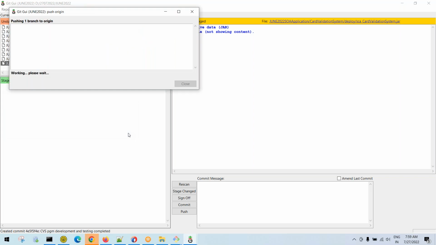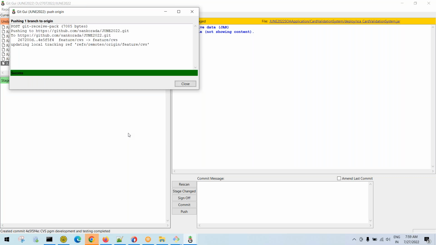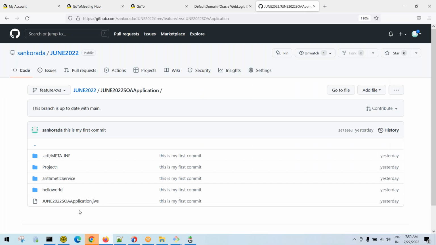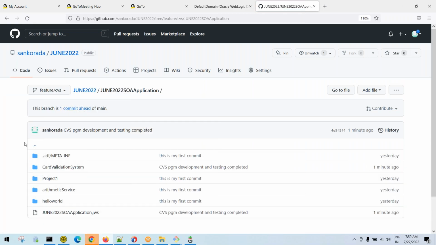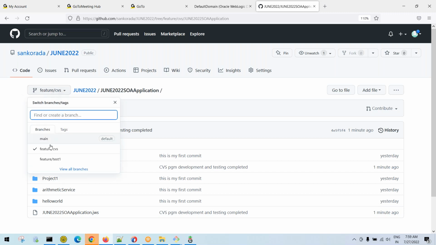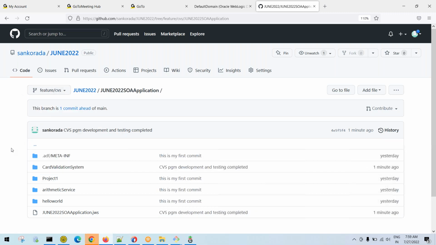Now what happened? Your local repository branch is going to update central repository branch. Then once you get this green color, say okay. Now go back to the browser, refresh your browser. Now you can see in your features/CSV branch, this branch contains your card validation system. Two minutes back, it is not there in the central repository, but now you can see that